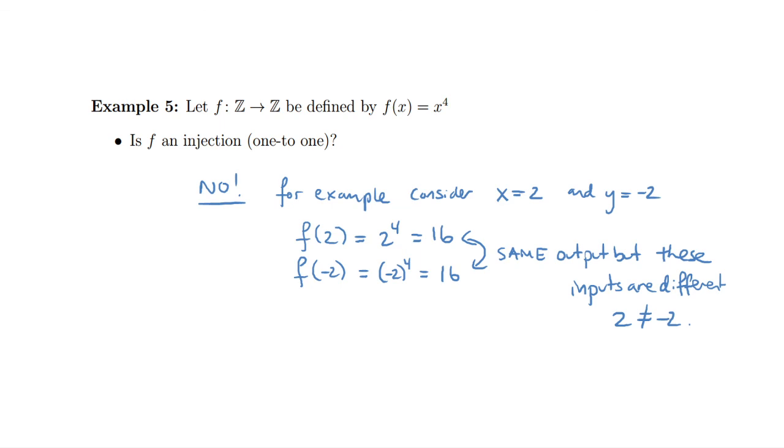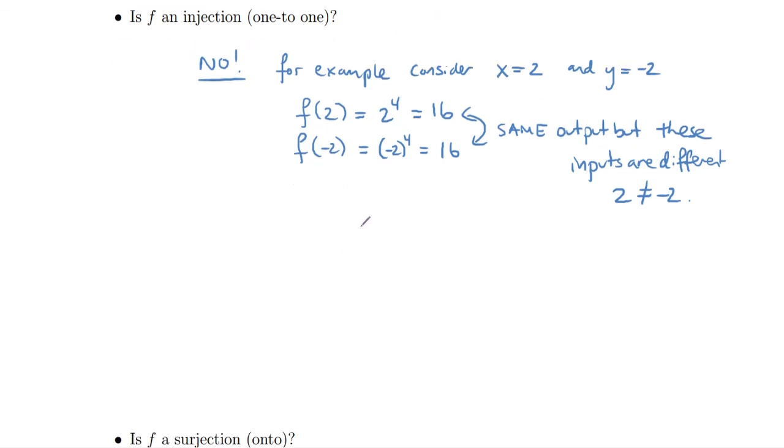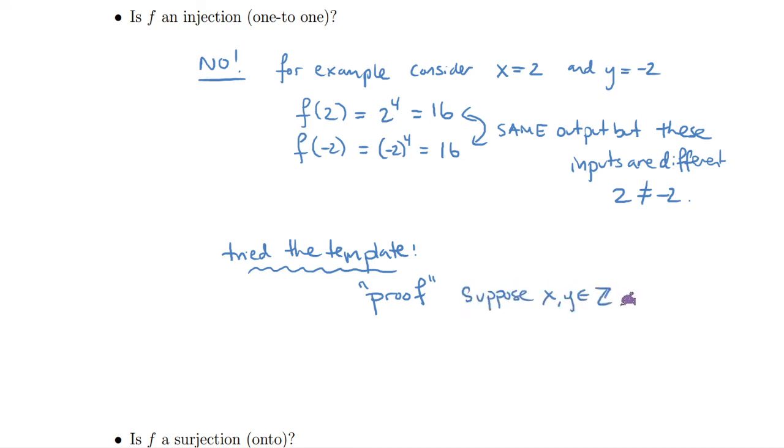Okay, so I just wanted you to kind of see that right from the get-go. Sometimes you can just play with the examples a little bit and realize it's going to fail maybe the injection or the surjection part, the one-to-one or onto. You could get that by also trying out the template real quick. Like if we tried the template, let me show you where that fails. You would write proof. Well, it's not really going to be a proof because we already know that it's going to fail, right? You would say suppose x and y are integers,